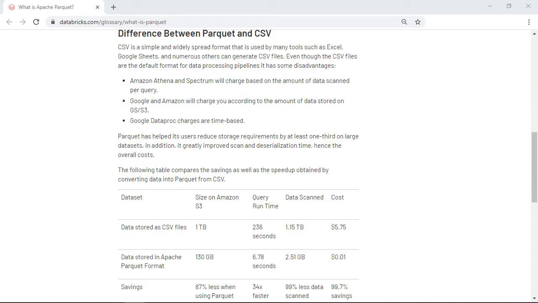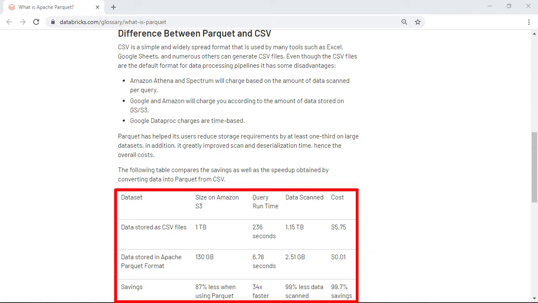First, let's understand how a Parquet format is different from a CSV format. CSV, a simple format used by many tools, is a default format for several data processing pipelines. However, it comes with a few drawbacks, many of which can be easily overcome by converting it to a columnar storage like Parquet. As you can see in the table here, the Parquet format offers several advantages in storage size and query runtime over the CSV format, which is really handy, especially in the cloud, since you're dealing with a